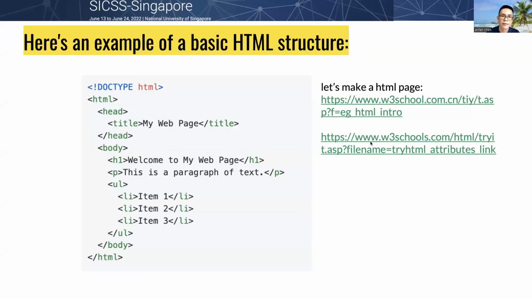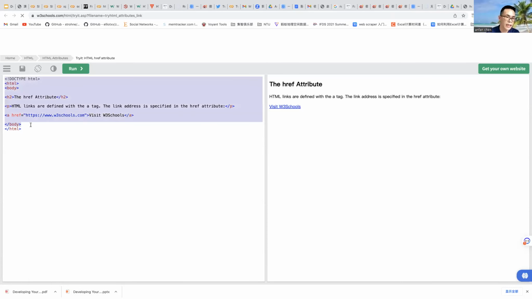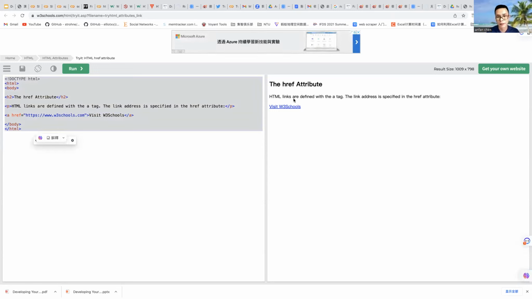And another case. This is the HTML elements, and you can see in the web page it will be displayed like this.